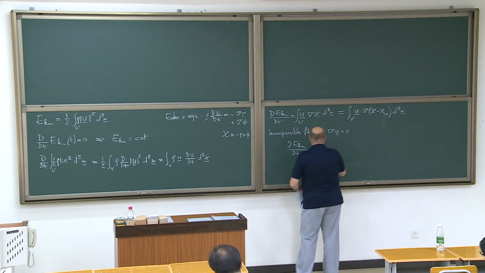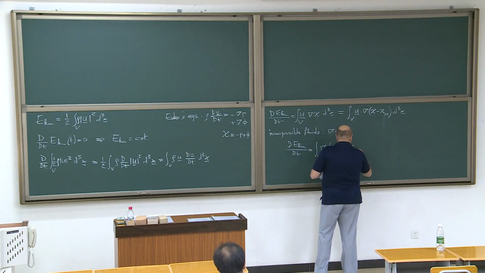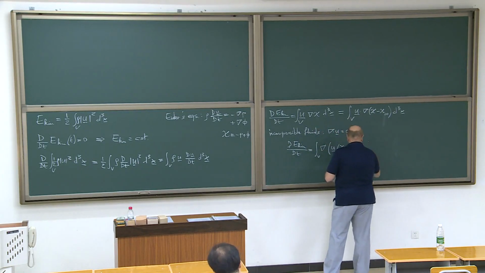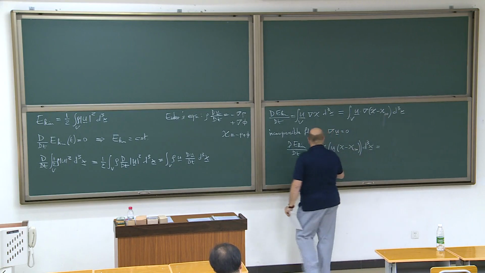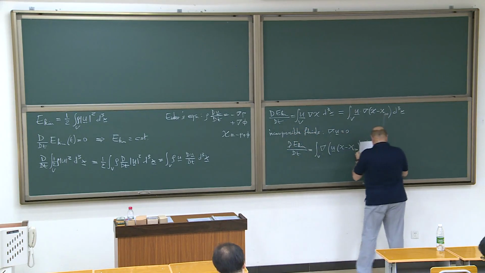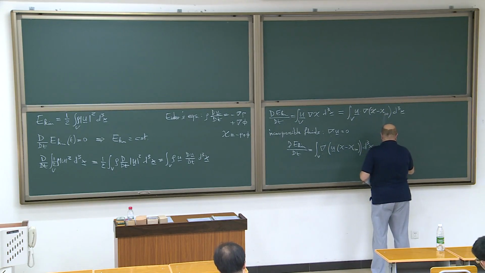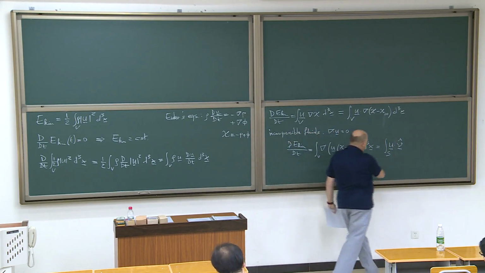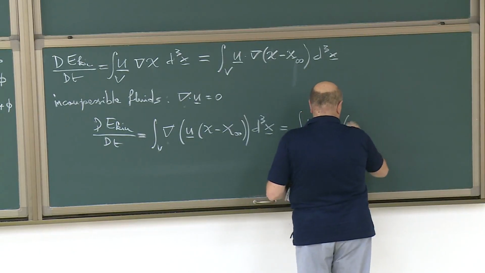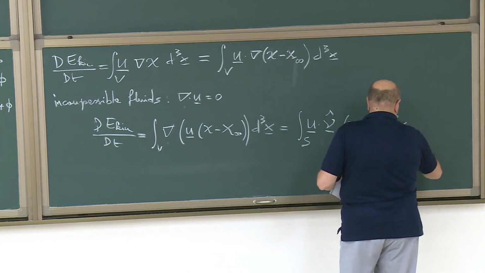If we take this, then it's easy to put it in this form: u times the gradient of chi minus chi infinity. It's just a reference value at infinity, and this is d3x. Because this is the operator we care about, we transform this, as usual, into a surface integral. So we have u dot nu, the normal to the boundary of V being S, times chi minus chi infinity in d2x.